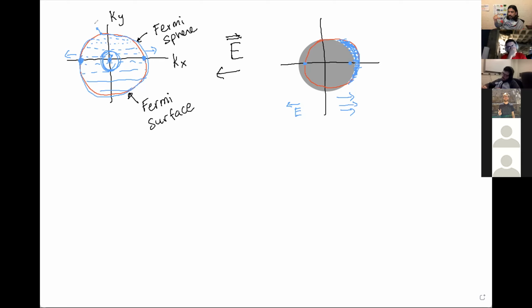All the electrons with energy below the Fermi level do not contribute to the transport because all of the states around them are occupied. And if you have a perturbation, in order to respond to that perturbation, they would need to be able to move to a nearby state. So the last picture I want to draw here is